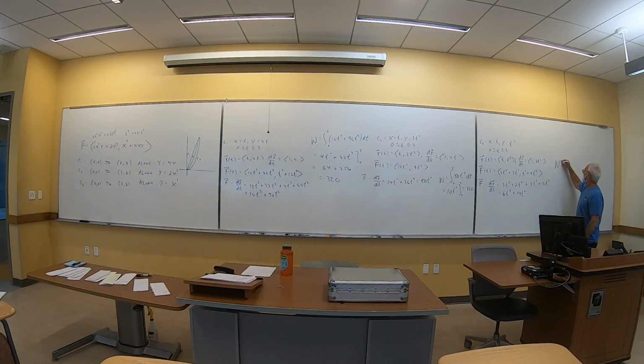Wonderful. So now my work is the integral from 0 to 2 of 6t to the 5th plus 14t to the 6th. That would be t to the 6th plus 2t to the 7th from 0 to 2. And that'd be 64 plus 256, and that's,